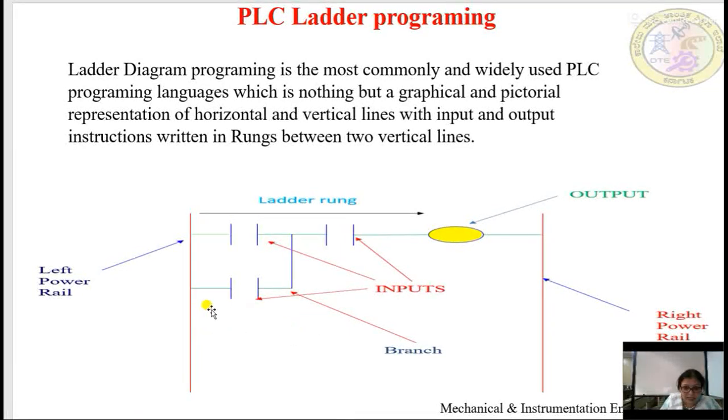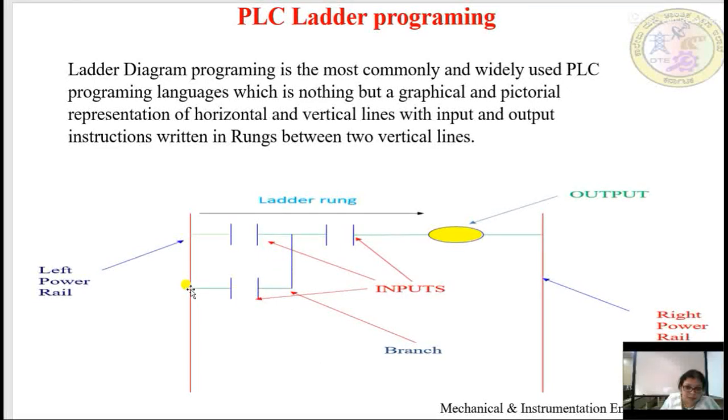As we can see in this image, there are two red vertical lines which are running parallel to one another. These lines are called the left and right power rails, and the horizontal lines which are developed between these two vertical lines are called rungs. So here it is having two rungs.